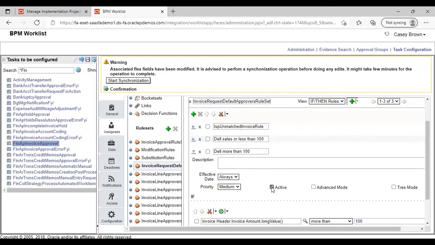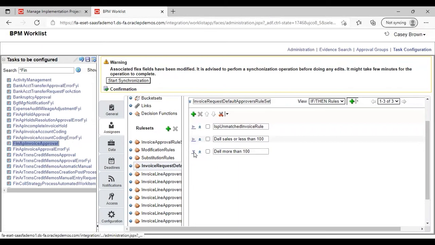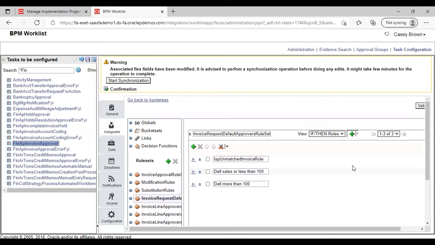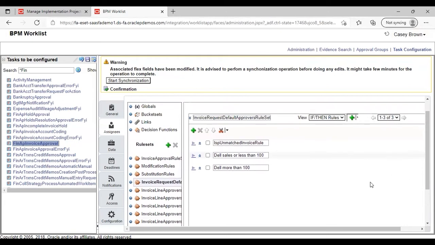And disable this also. Now we will create our own approval rule. So just click on this add rule,